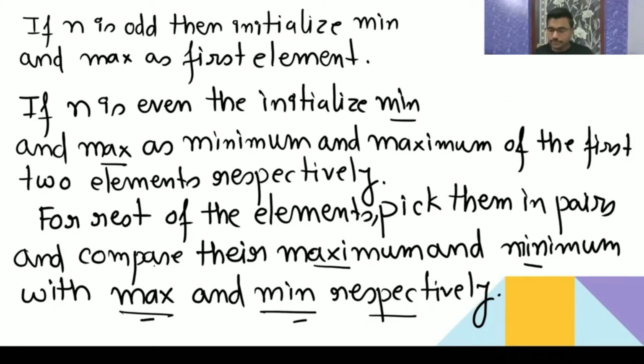Okay, understood now? Please let me know whether it is clear or not, and if you're done with the writing, then please let me know. Now this is the algorithm. Now I will write the code. Okay, the implementation. Now we will see the implementation. So this is the best method to find the maximum element and minimum element of an array. So now write the code.